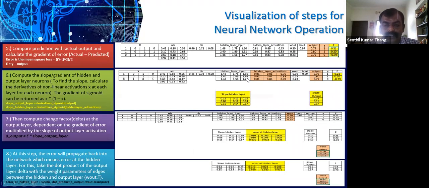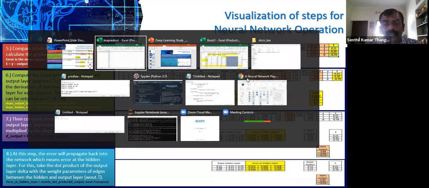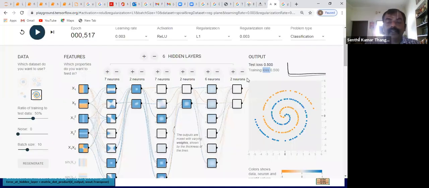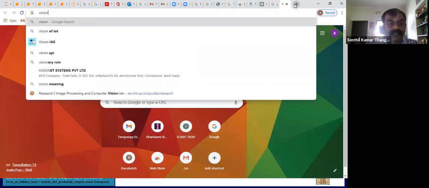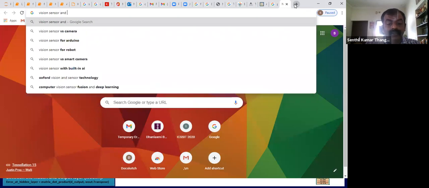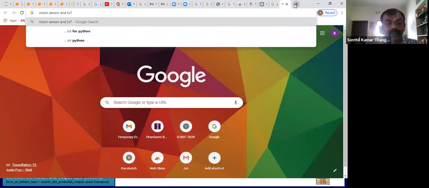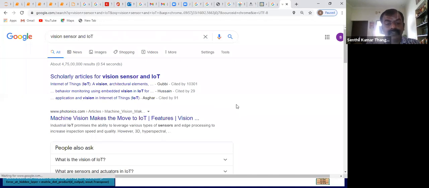This is a way in which you can connect your way of developing a deep learning model for tea leaf classification. Now this is the next thing I want you to know, because there's a lot of scope for people to work with vision sensors. If you type vision sensor and IoT, you'll find a lot of research areas.